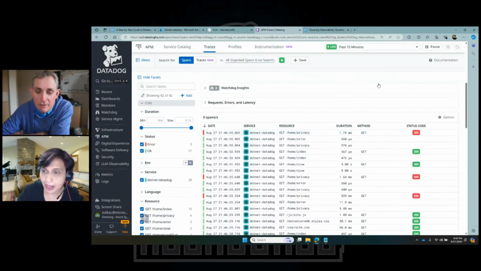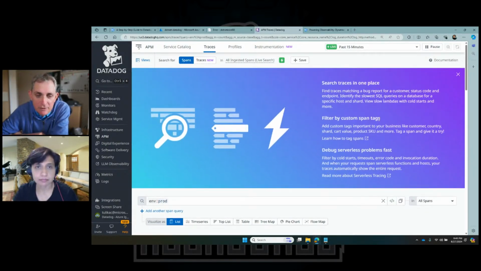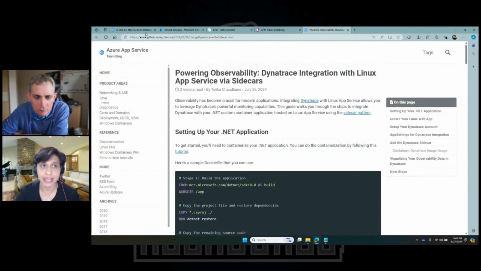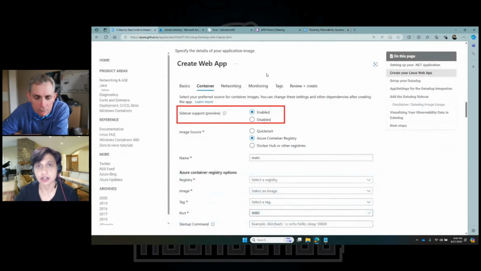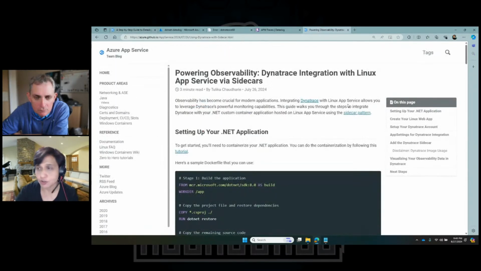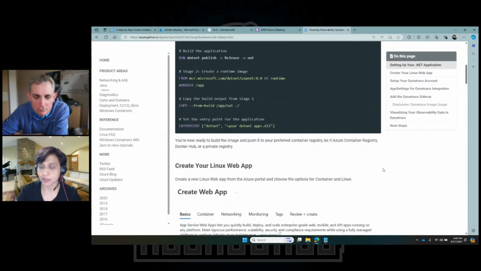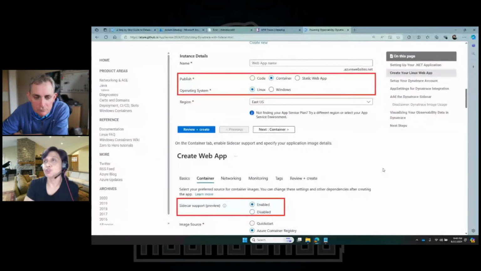Very cool. Yeah, super easy to get running too. Yeah. And not just Datadog, as I mentioned, I'm also working with Dynatrace. So we have two blogs over here, one for Datadog, the second for Dynatrace. And the third partner that we are working with is Elastic Observability. So we should have something for them pretty soon. So that's going to be interesting. So we give you the choice.